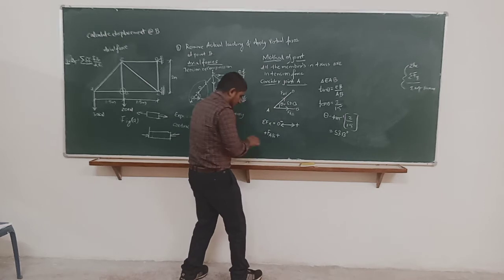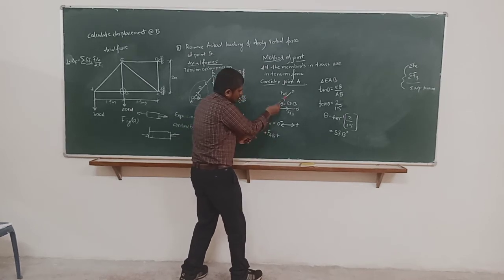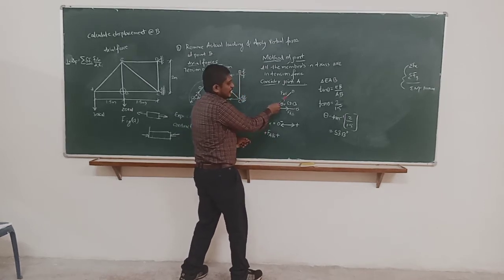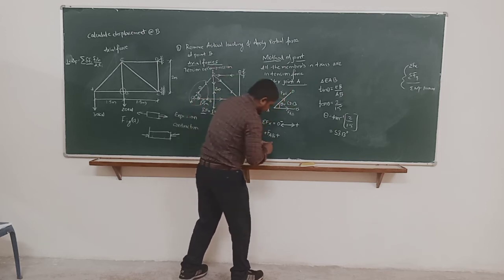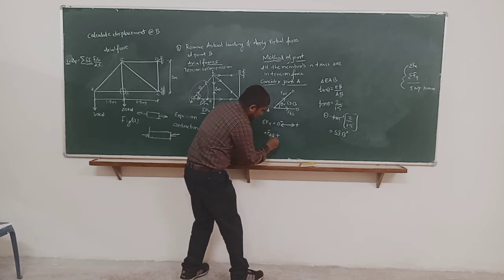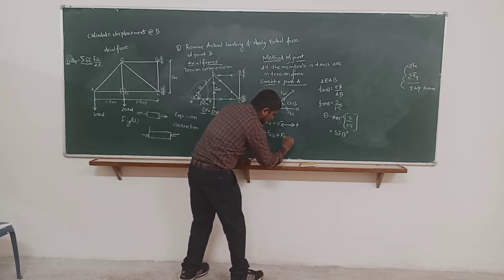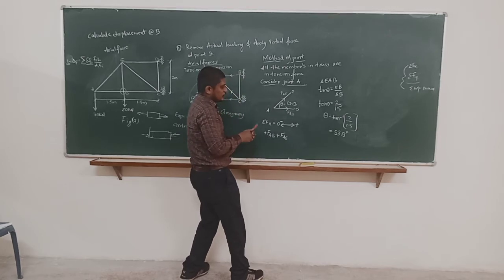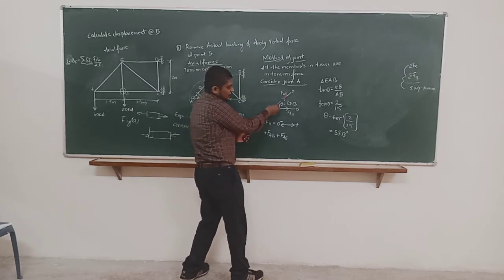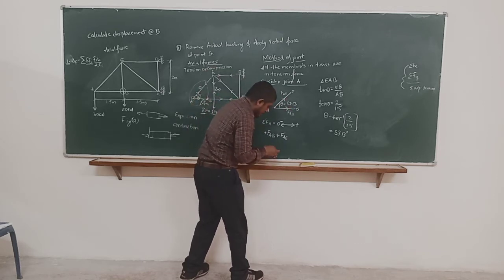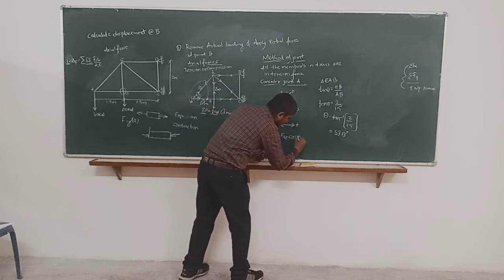Plus, because when you resolve this, again I use my pen here. This inclined force can be made vertical and once it has to be made horizontal, because once we are using Fx, when you use Fx you make it horizontal, when you use Fy you make it vertical. Now see FAB plus FAE. Now what are you going to use, cos theta or sin theta? Now see, as I told you, if it is towards the theta it is cos theta. FAE cos theta is equal to 0.